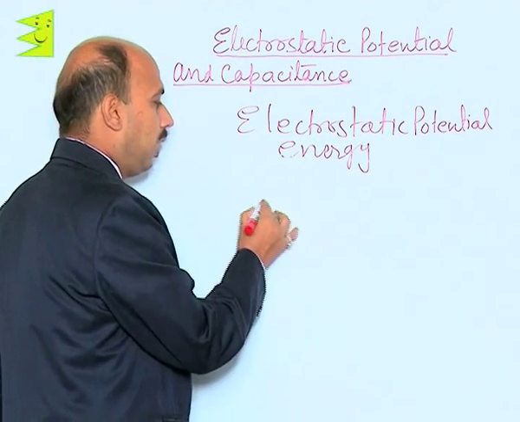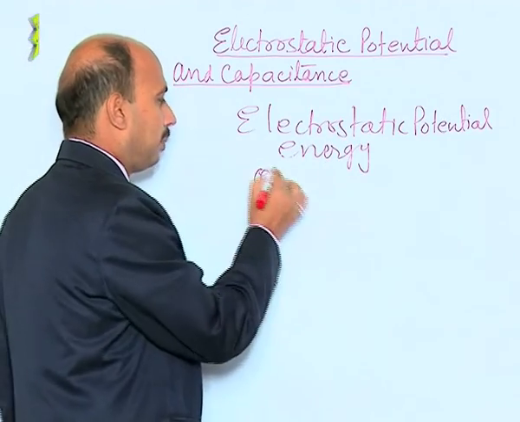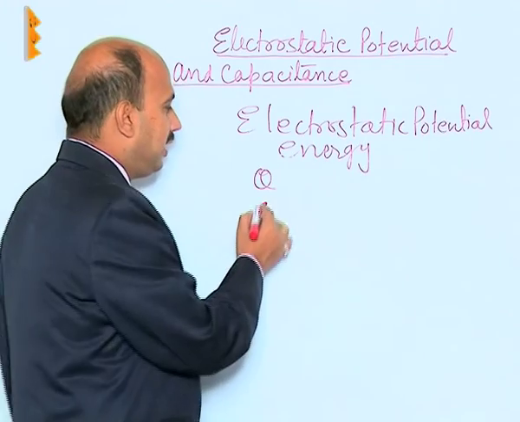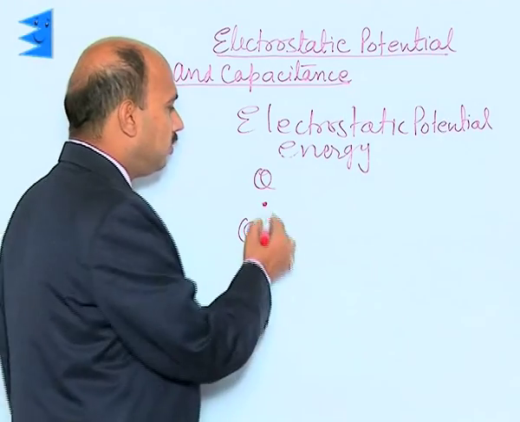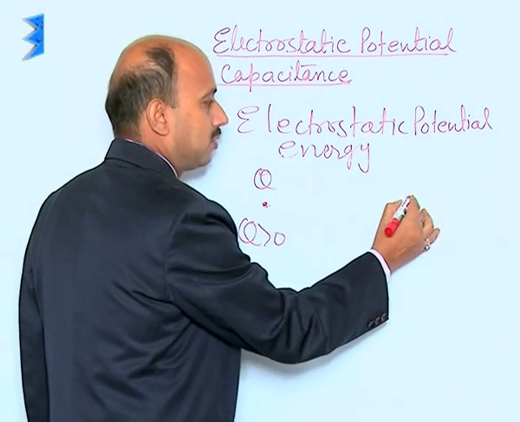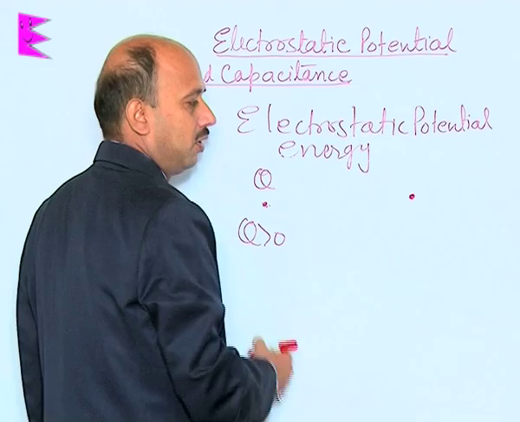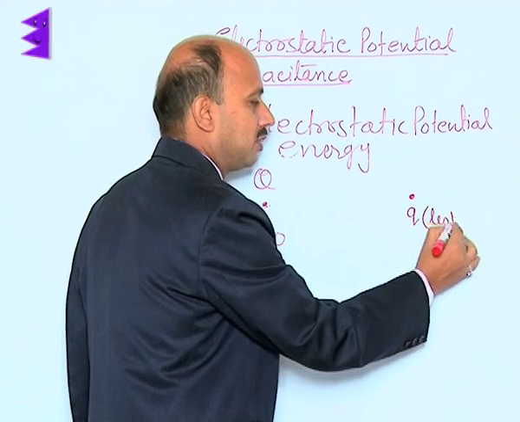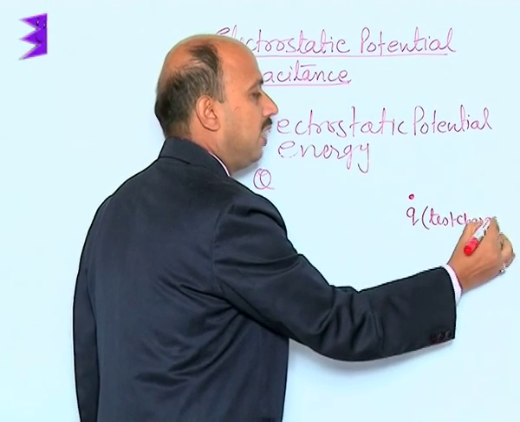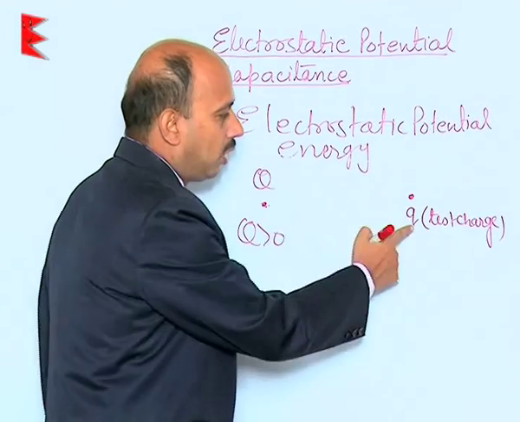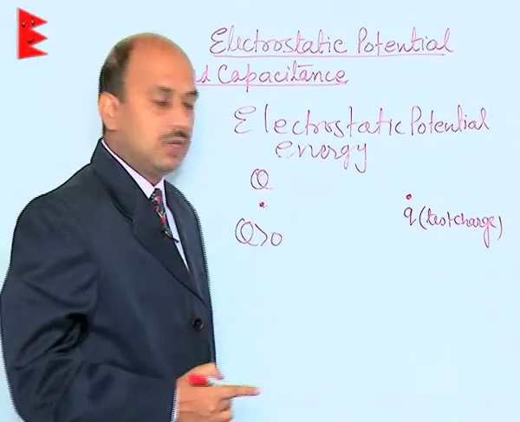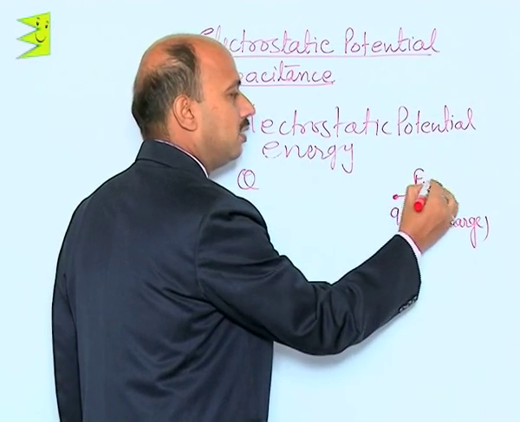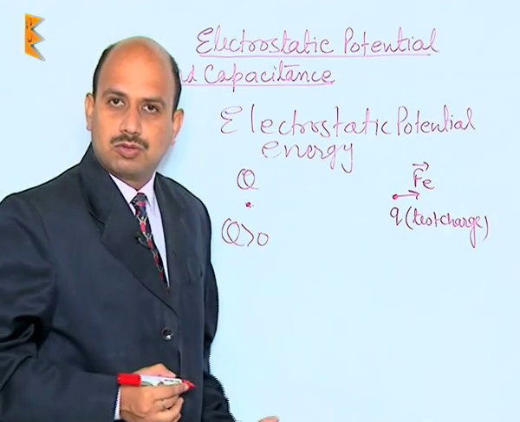See here, suppose you have taken the charge Q here, this is capital Q, which is greater than 0. It means that it is a positive charge. It has got an electric field around it. Suppose any test charge is placed at this point, and that test charge is q. This q is known as the test charge. This charge has a small magnitude, so it does not affect the configuration of the source charge capital Q here. This charge experiences electrostatic force to this side, that is Fe, and this is a repulsive force.